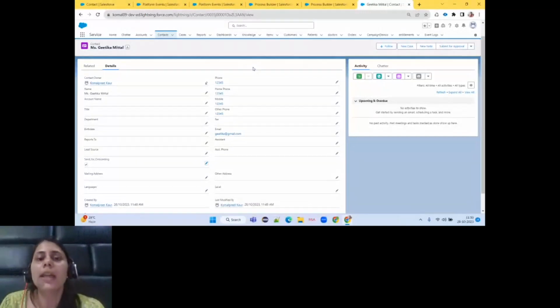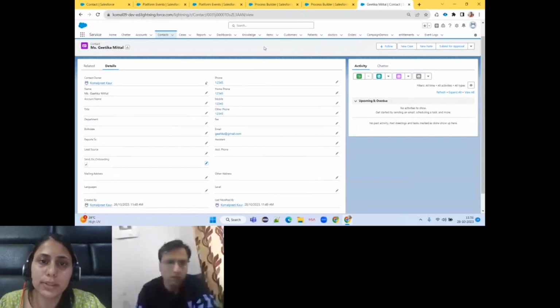If there is any use case where we want real-time processing, like in one of my projects where I am integrating CPQ and NetSuite and there we have bi-directional transactions, then for keeping them real time we are using platform events. So this is all about platform events using the Process Builder.